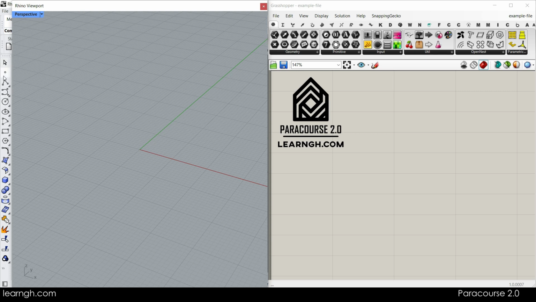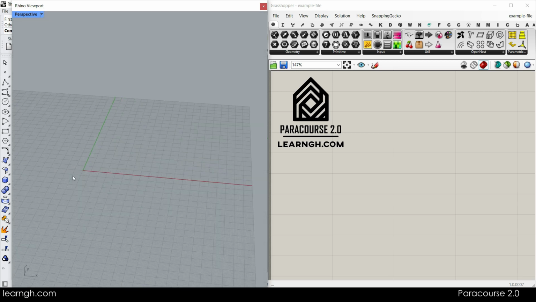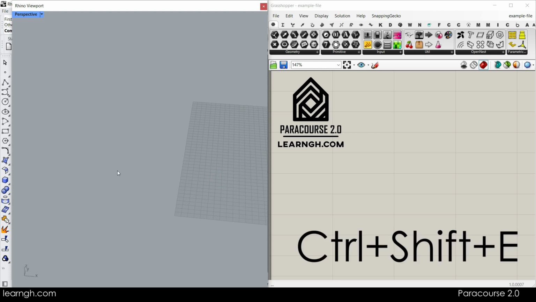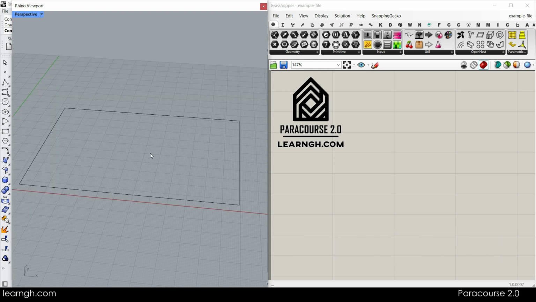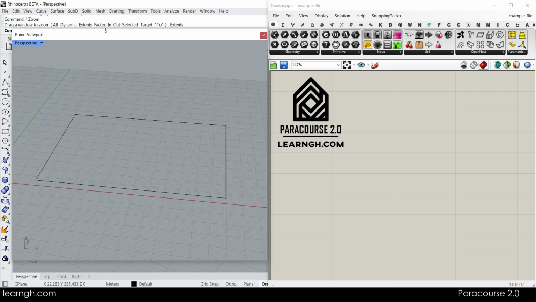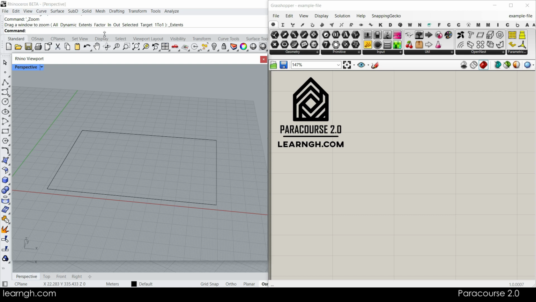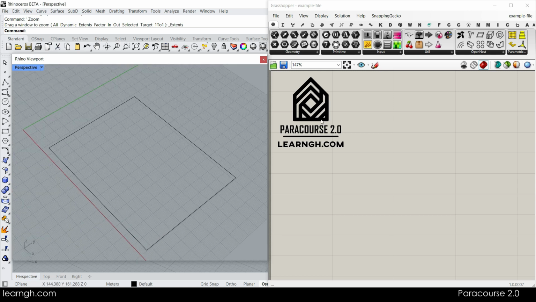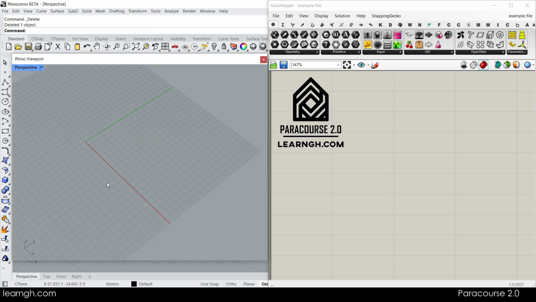And now, as you can see here, I have some commands in Rhino. I have the big Rhino viewport. So for example, if I just draw a rectangle here and I'm zoomed out, I can use Control Shift E, which is zoom extents, to bring it in. If you want to also have the other tools, you can make this a little bit smaller, and you can see the Rhino command tools up here too. You have the Rhino complete viewport here, which is not underneath the canvas. You have the tools up here, you have the tools at the left,